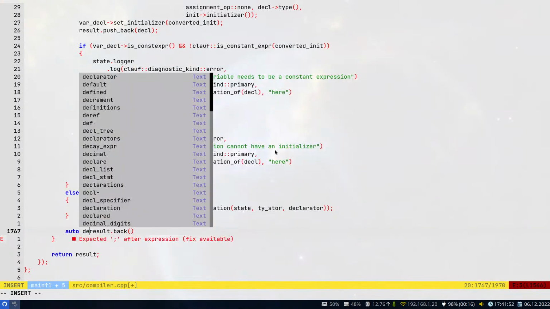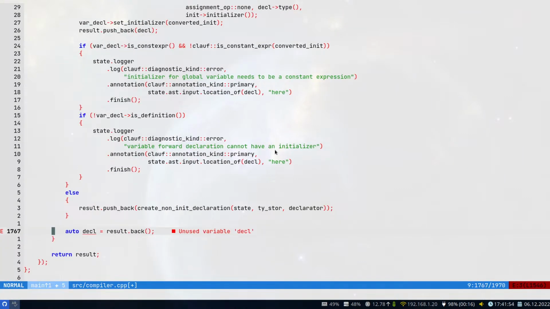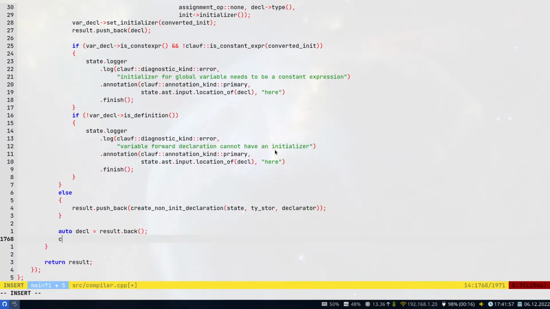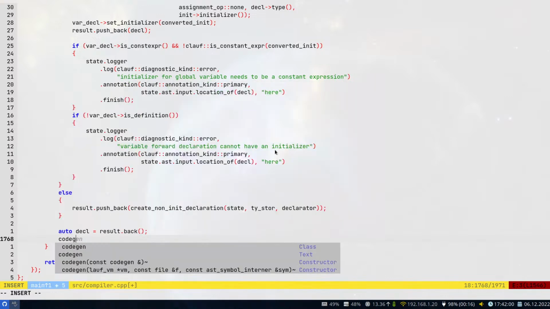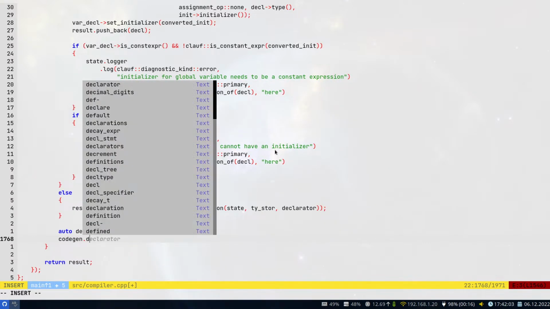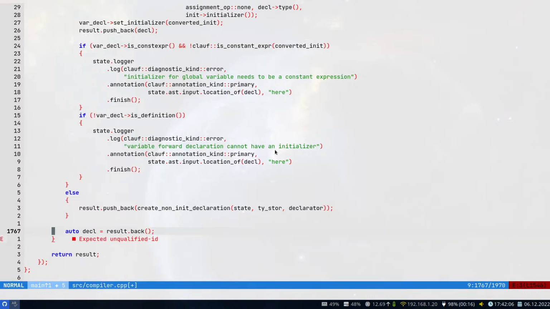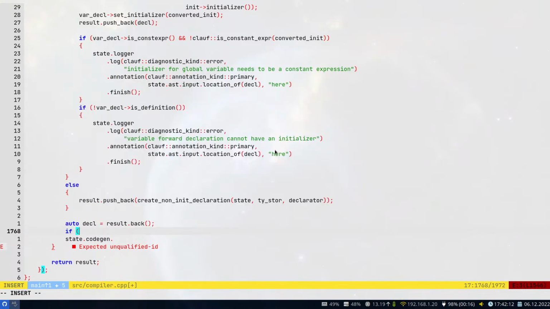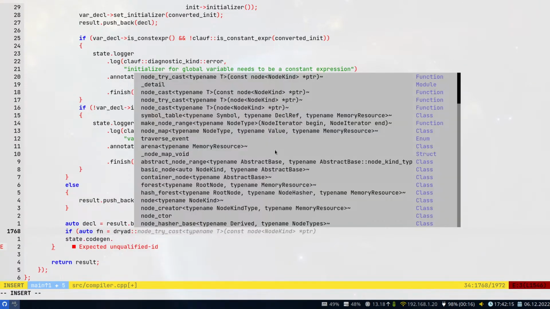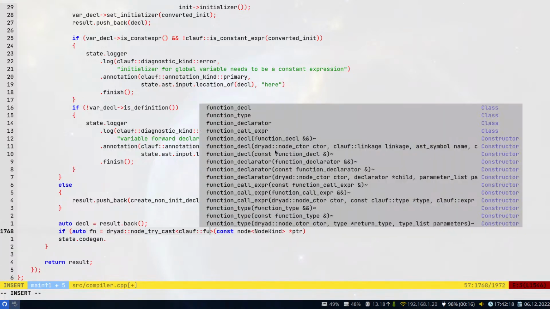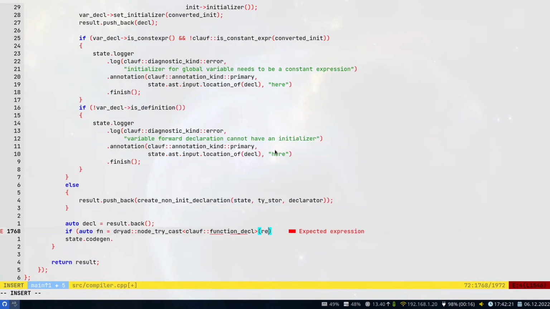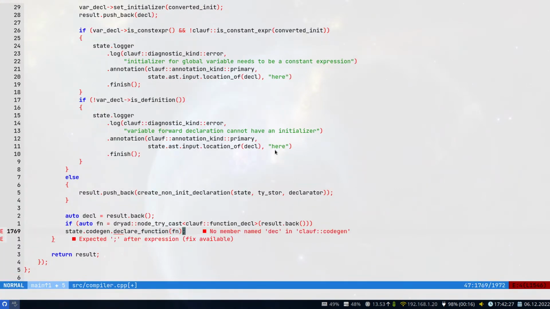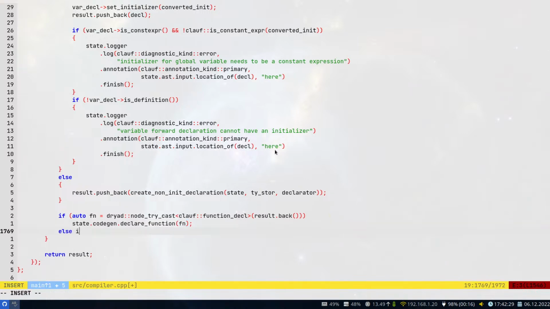Let's fix it. So decl. So now we get the declaration that we just added, and we need to forward it. State codegen, right? Declare function or declare global. So try node try cast. So if we're having a function decl, codegen declare function. Otherwise, if we're having a variable,